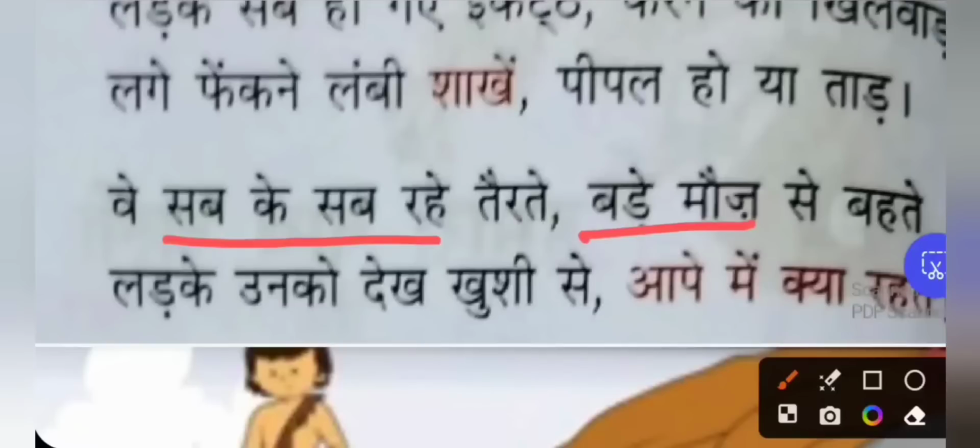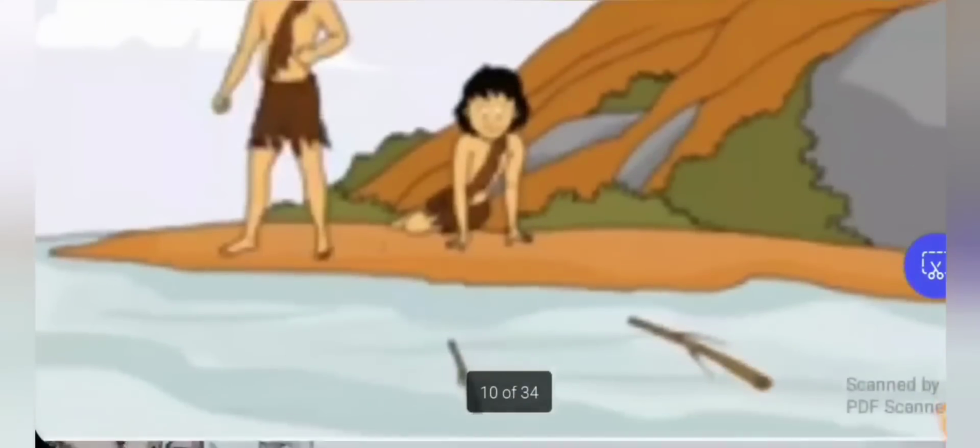Ladke, all the boys who are seeing it have lost their sense. They don't know what is happening, because it is the first time they are seeing such a big thing floating on the water. Ape means the sense, they were watching all those things. Ape mein kya rehte means they were not in their senses. The boys were seeing it was also floating. Now what they thought,